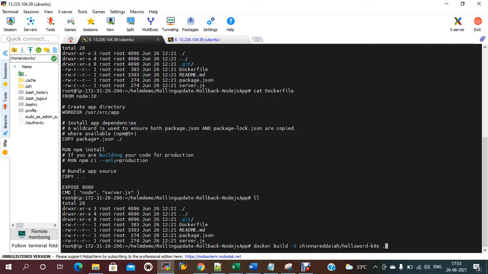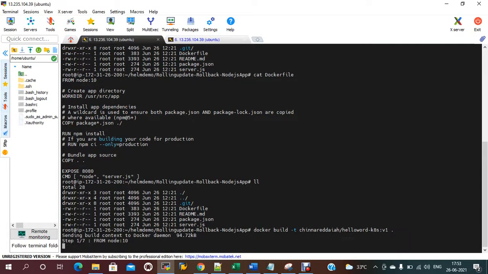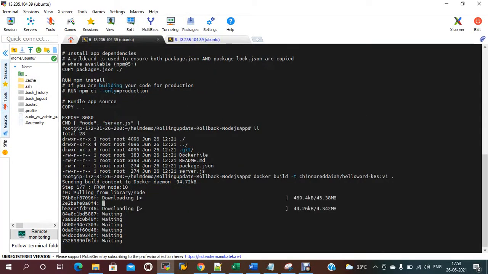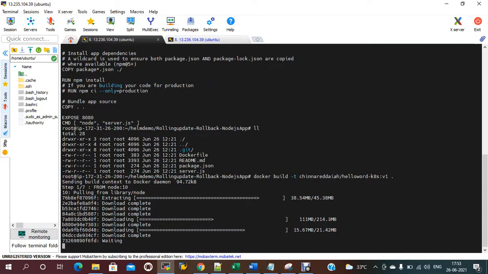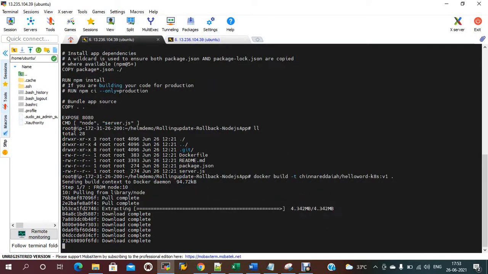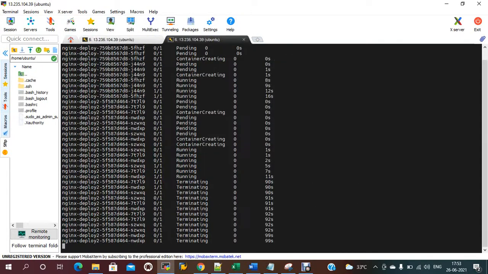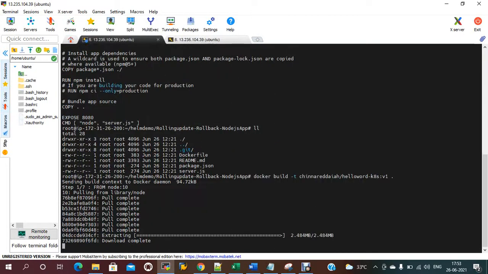I'm giving the version also, version v1, and the Dockerfile is in the current directory. It should create the Node.js image.